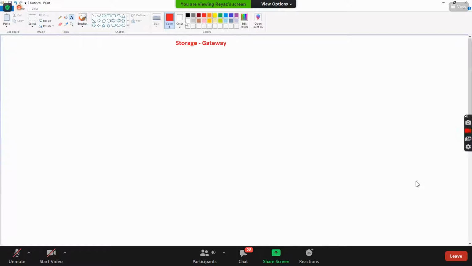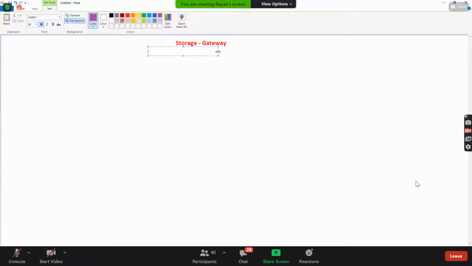So what is the definition of Storage Gateway, guys? It is used to synchronize the data from on-prem to AWS.